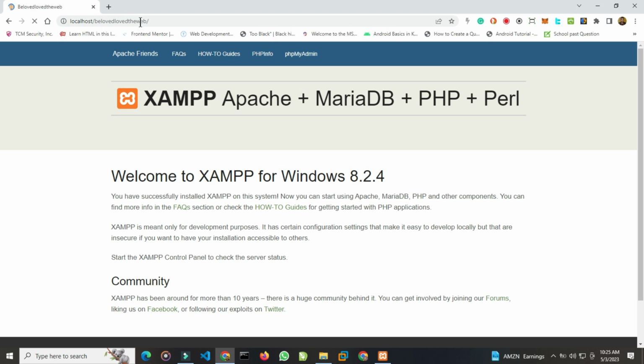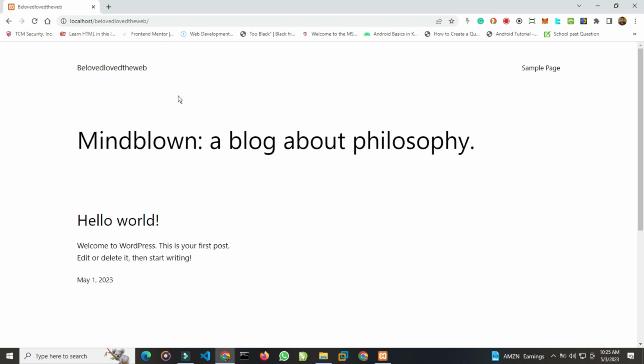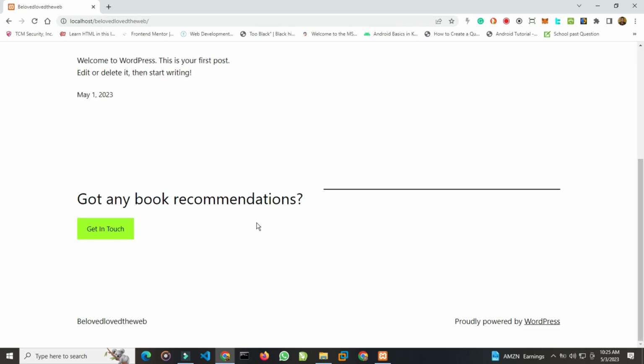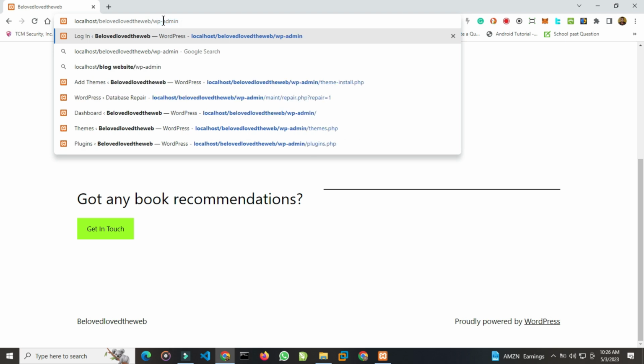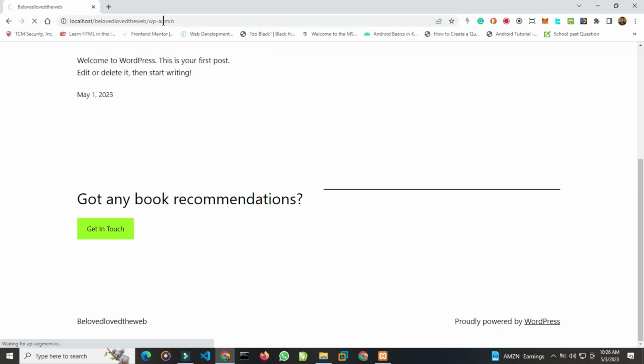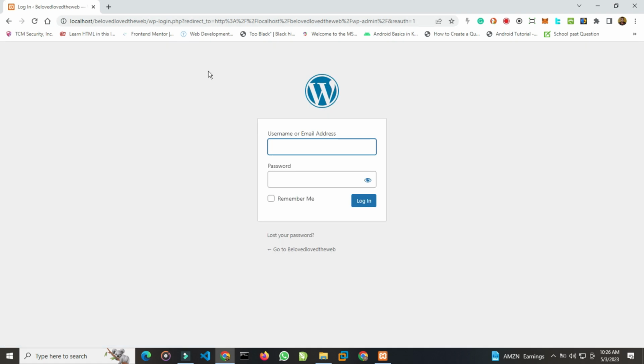So this is what our website looks like. Now once we log in, we can see the dashboard. So how do we log in? At the back of this slash, you are going to put wp-admin to access your login page, to access your admin page. So once we put that wp-admin, it's going to take us to our login page where we are going to